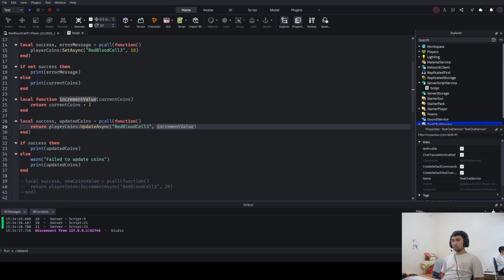That's kind of a superficial explanation as to how stuff works, but I hope that sort of gives you a general idea of which one you should use over the other when you're trying to decide on whether you're using set async or update async. But generally, you could use either or. You could use only one of them over the other if you really want to, or you can use